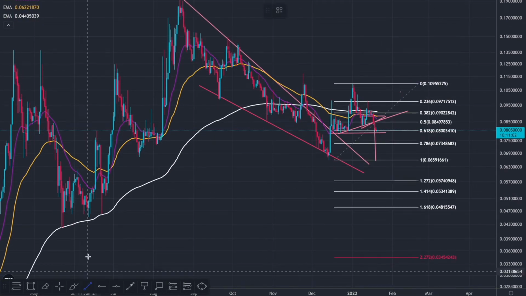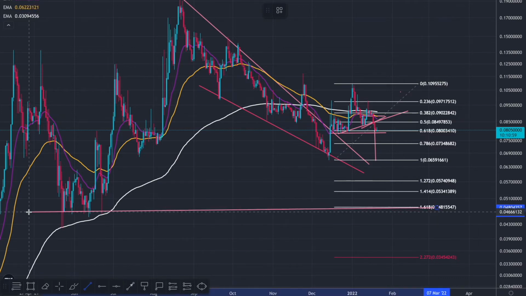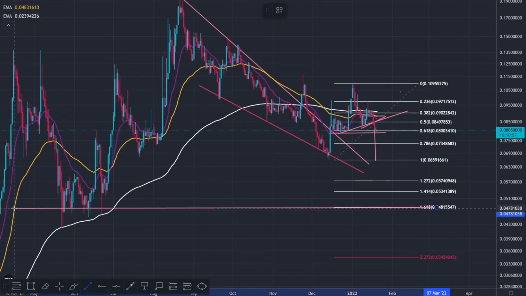I can just add a big trend line from the 1618, sorry, crossing that above. If we did come to the 1618, we've come to previous lows here. Obviously, we lost the low here. This is just if we did lose it. If we lose this, we'll be coming to the next low, which is here, and that lines up with the 1618. So that obviously would make sense, and maybe we'll get stopped out here instead, and then we'll reverse into